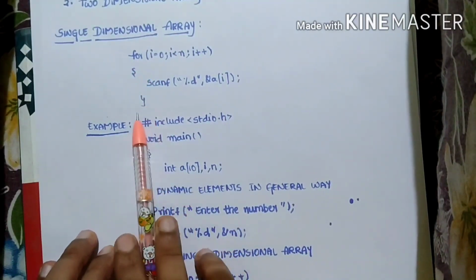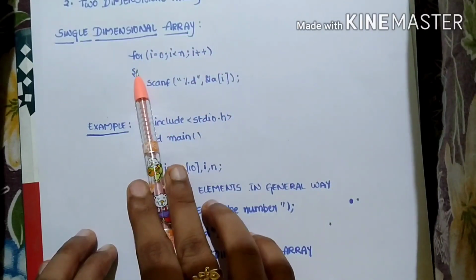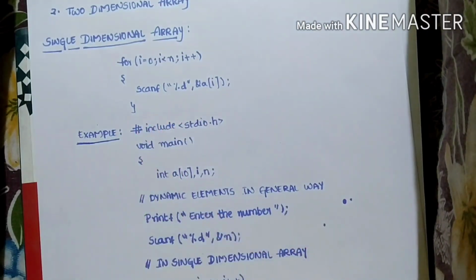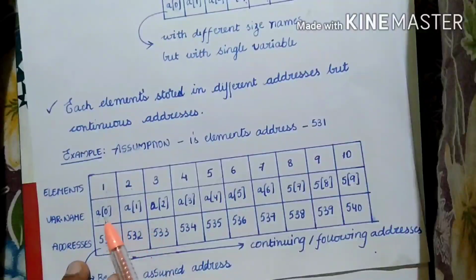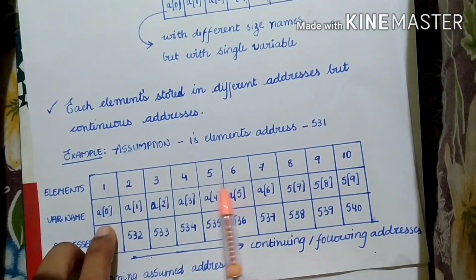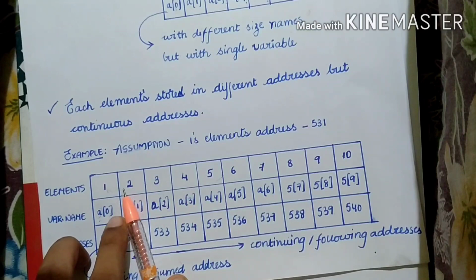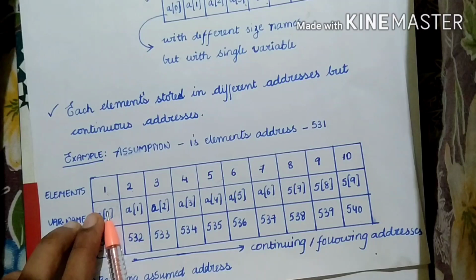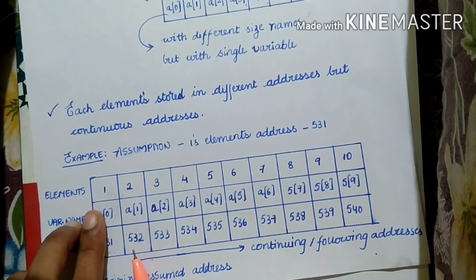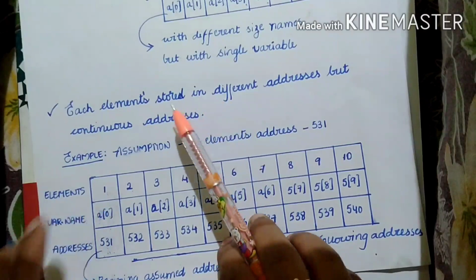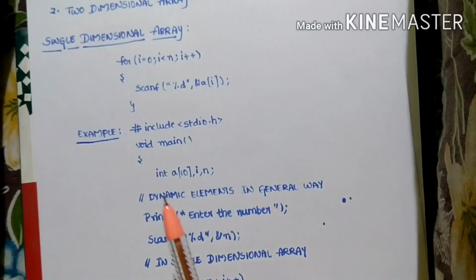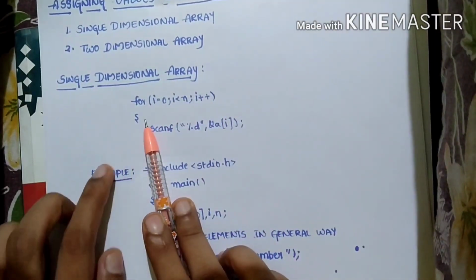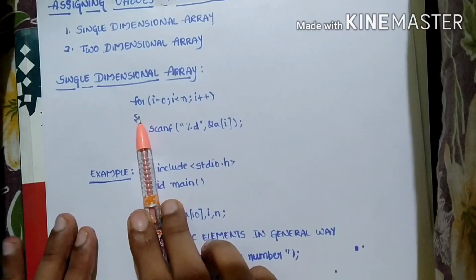This is the most probably used syntax. We'll mostly use a for loop because, as I said before, a single element needs to store different internal variables, so the for loop increases for the size and the main variable remains the same. So we use a for loop here. So in a single dimensional array we are using a for loop.